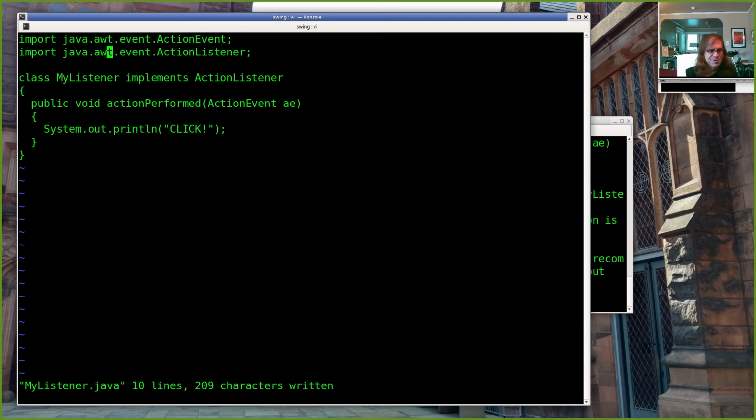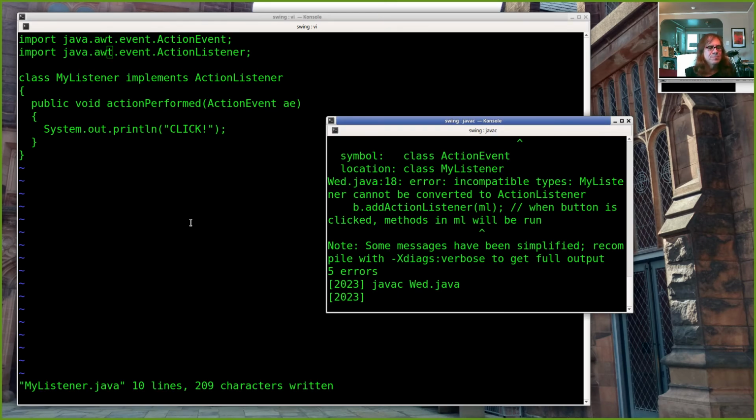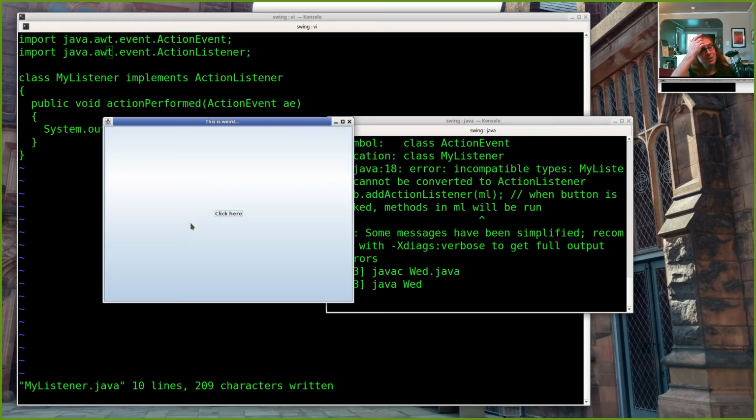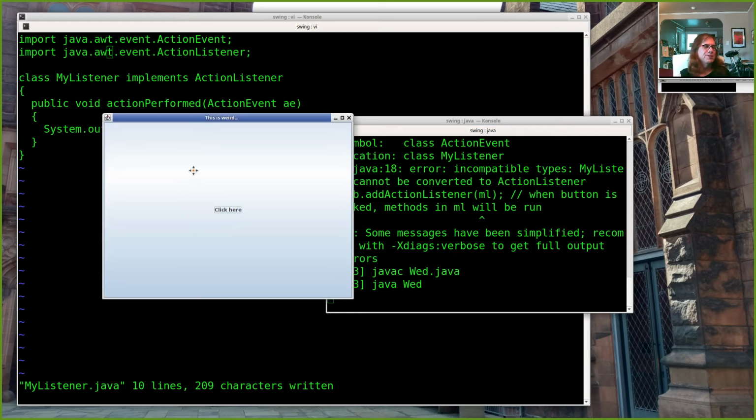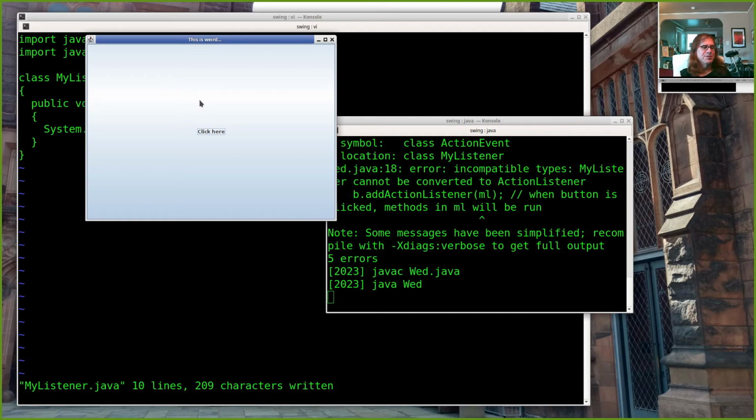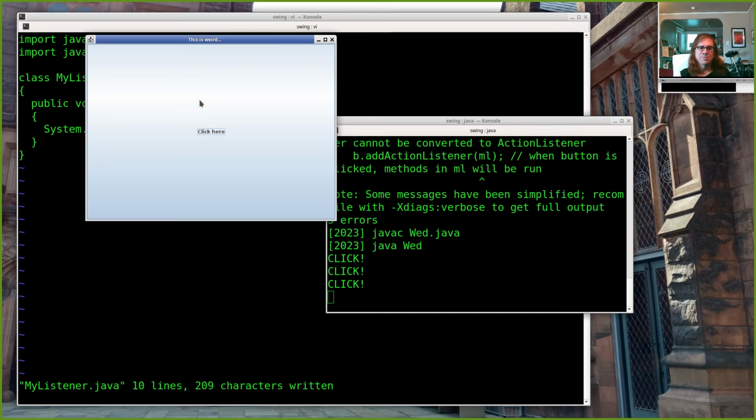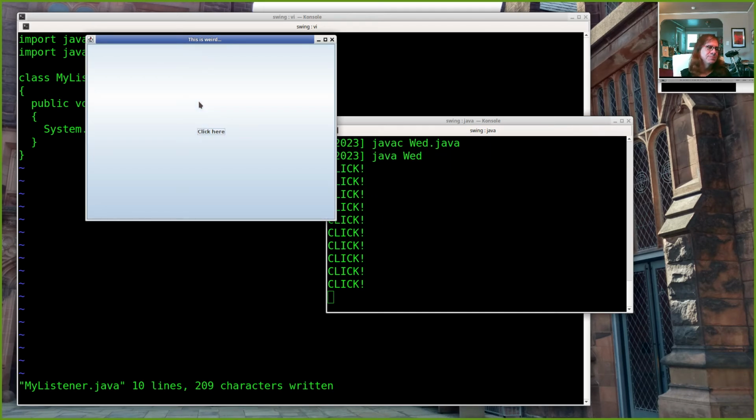Much better. Alright, there we go. There's our widget. There's our button. Click the button. Hey, it says click. All right, so that's